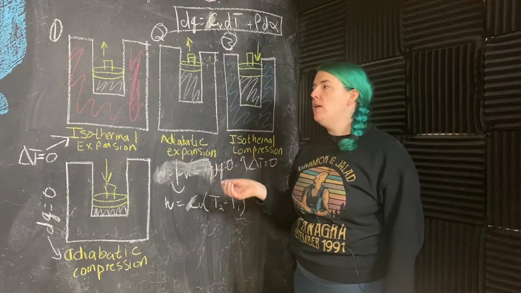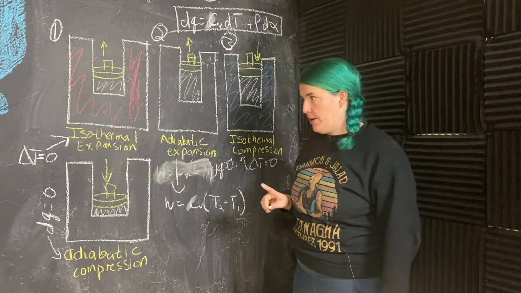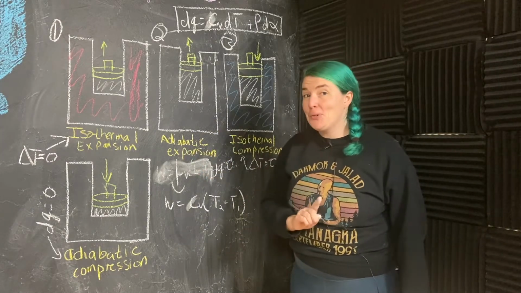Okay team, this is the second part of the Carnot cycle vid. We just finished talking about the work done during adiabatic expansion, and now we're going to talk about the isothermal processes. Now for the isothermal expansion, things are a little trickier, and I've run out of room on my blackboard,